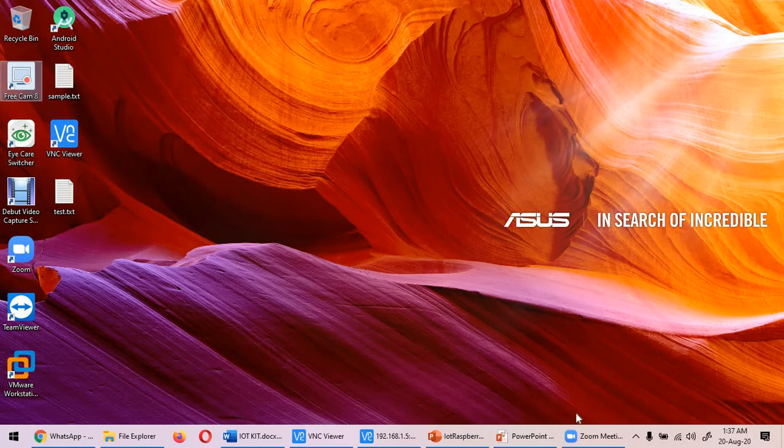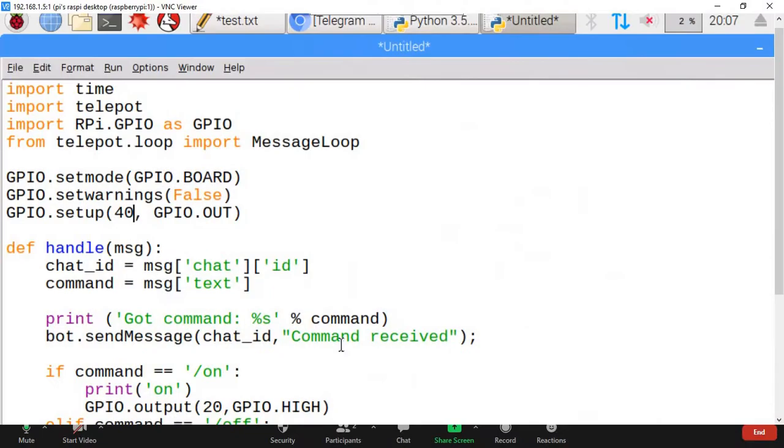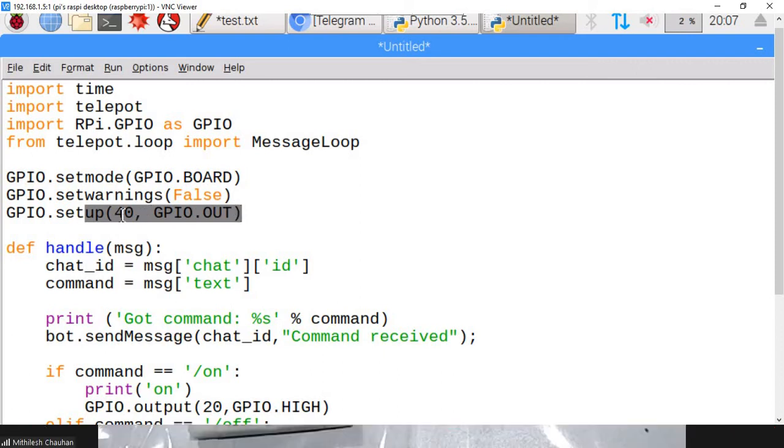Yes, physical pin 40 I am going to use. I have set this pin as an output pin, meaning with the help of the application or Telegram, I will send some command to the Raspberry Pi, and the Raspberry Pi will receive that command, and based on the command we may turn on and off the LED, and the LED will be connected on pin number 40.